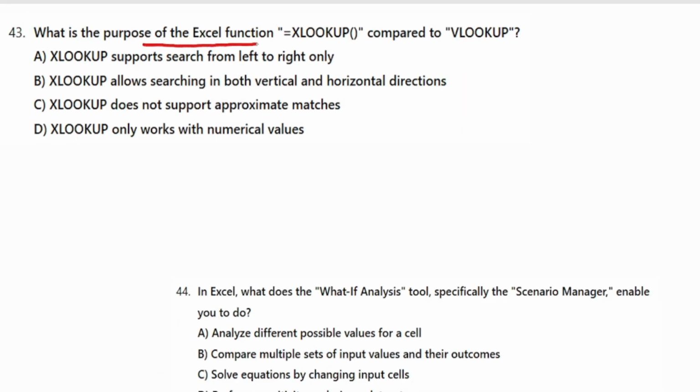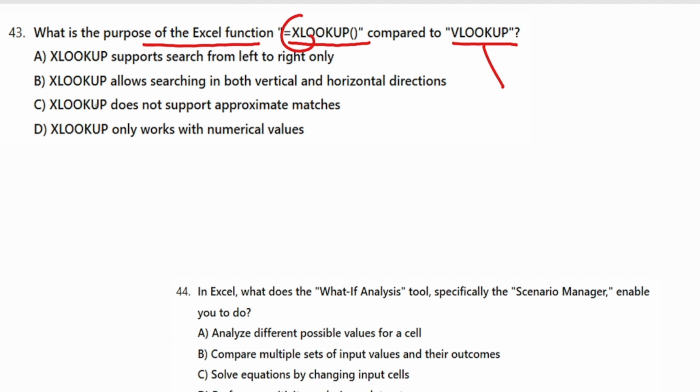What is the purpose of the Excel function XLOOKUP compared to the VLOOKUP function? So XLOOKUP is a function that helps to search rows and columns and allows more flexible lookup parameters, whereas other options like VLOOKUP basically search data in a vertical direction only. XLOOKUP helps to search data in both rows and columns, whereas VLOOKUP searches in vertical only.